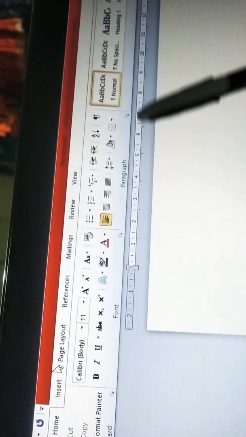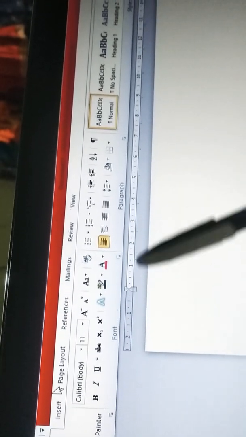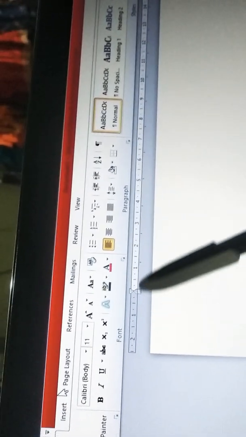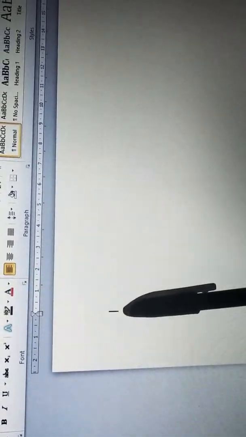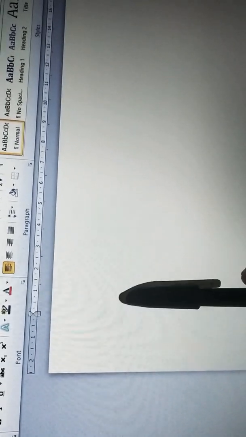And see, this is your ruler. This is the ruler and it sets the margin of your document area, and this is the document area. And here you can see this is called the I-beam cursor. From here you start the writing.